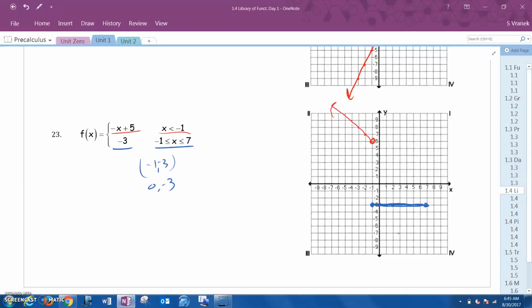Okay, so again, if you need to, draw the whole line. You can even use your calculator to help you out. Look at it on the graph like y equals negative x plus 5. Look at your table, plot all the points if you need to, and then go, wait a minute, I only want the values where x is negative 1 or less, and we don't want to include it, so we don't put it. Okay? We're going to keep going with piecewise, so if you're not for sure with this,